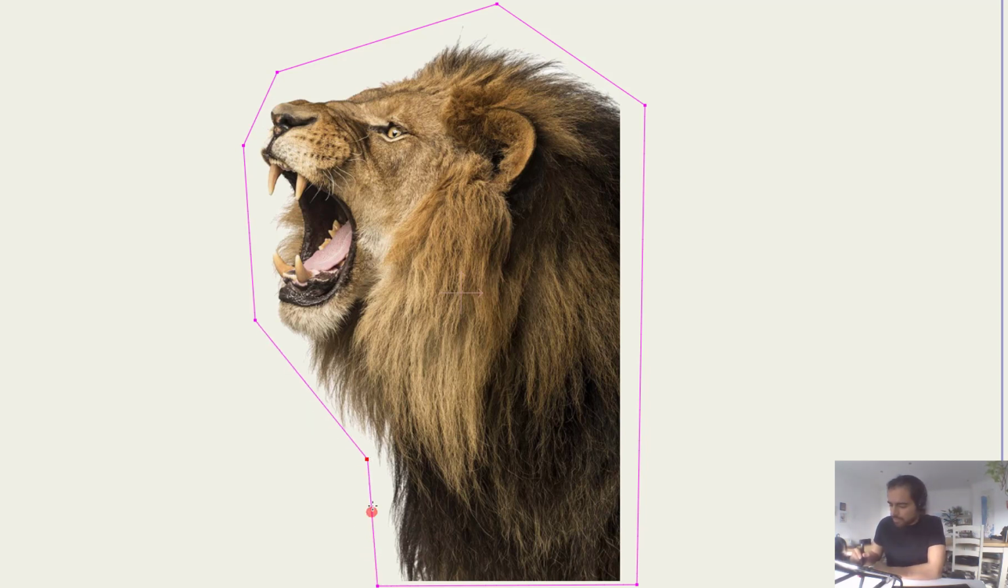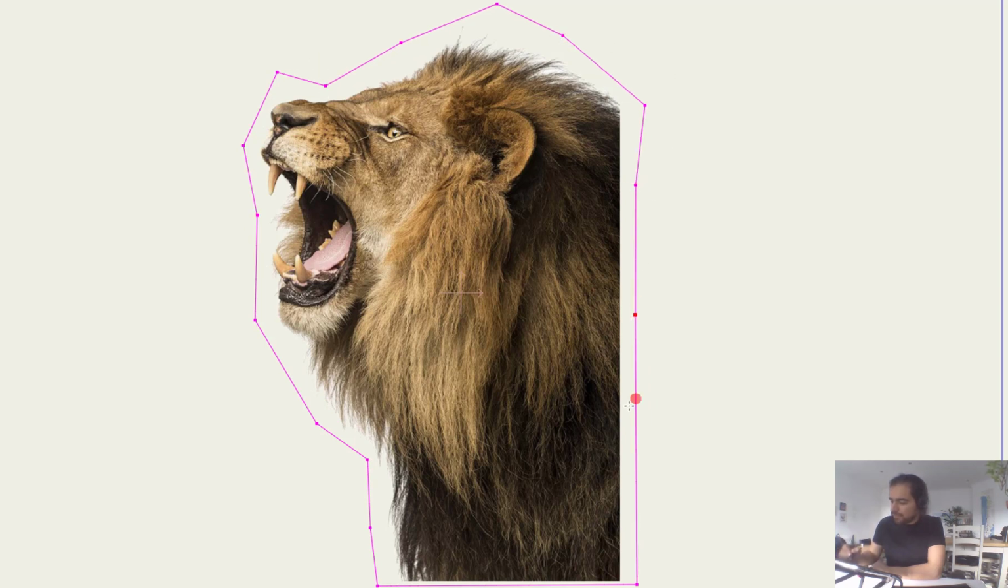So now I will add some more points to add some details here. The more points I add, the more control I have, because these points will create triangles. So the more points I add, the more triangles that the mesh will have. So once I have this border done, now I can start adding points